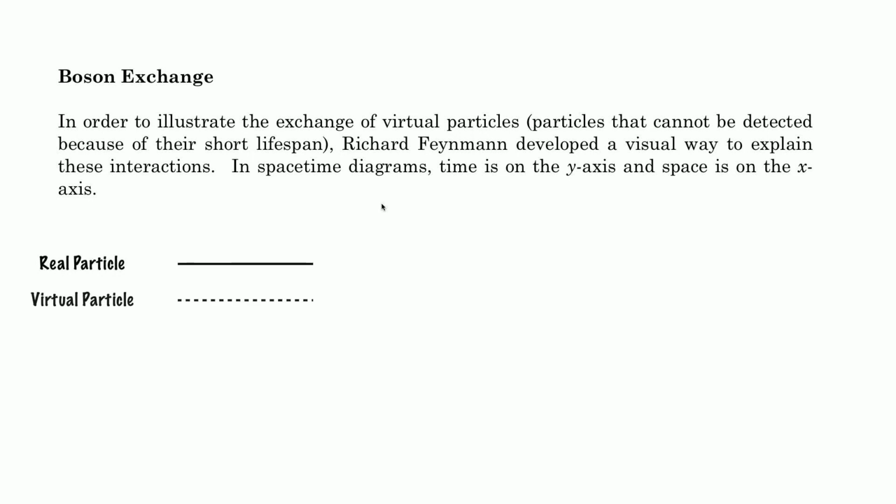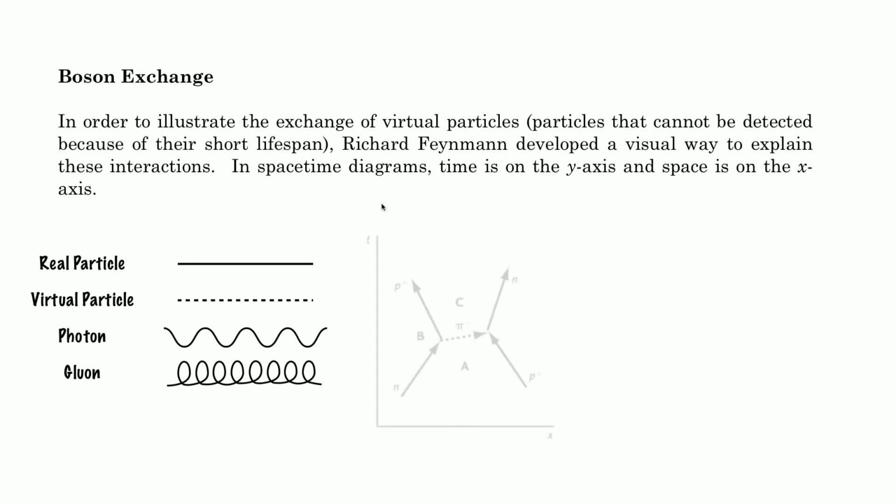Okay, so what Richard Feynman did was he got all these different symbols. A real particle carries a straight line, a virtual particle is a dashed line, a photon has this wavy line, a gluon has one of these loopy lines, and so on and so forth. And so what Feynman did was he took time and put it on the y-axis, and space he put on the x-axis. And so what this is showing, for example, is that a neutron, N, and a proton, P,